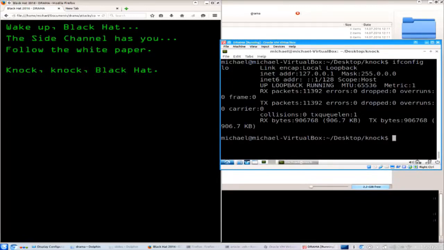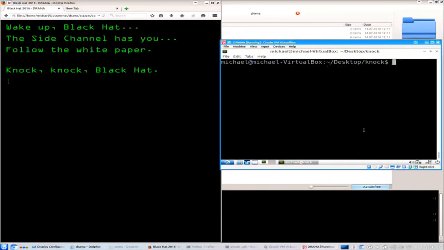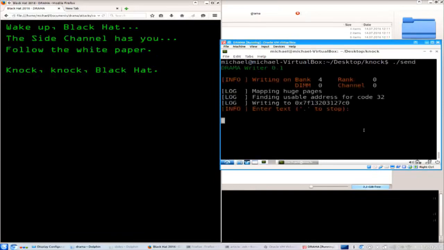Our goal is to extract information from the virtual machine and send it to the browser so we can get it to the internet. Earlier I loaded the JavaScript in the browser, did some stuff on DRAM, found vulnerable pages, and I did the same in the virtual machine. They now have a channel open, and I should be able to get information out of the virtual machine to the browser.